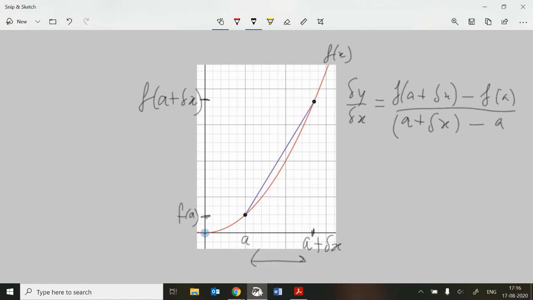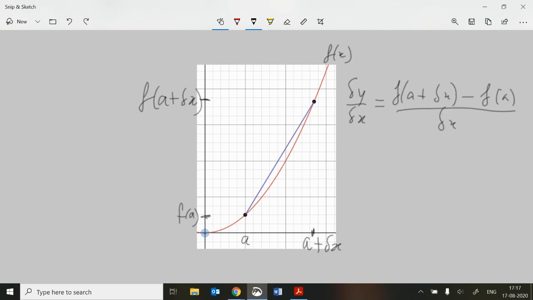And delta x is just delta x. It's the change here and here. If I take that back a little bit, I'm actually just going to write that as delta x as well. There's no need to overcomplicate that one. Now, as we bring these points closer together, so in other words, as this tends to 0, we end up